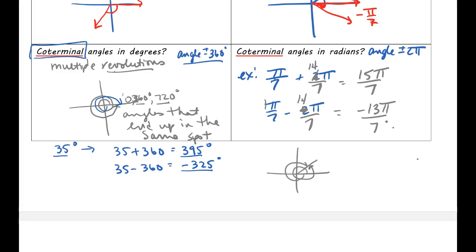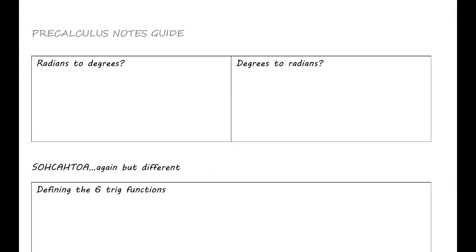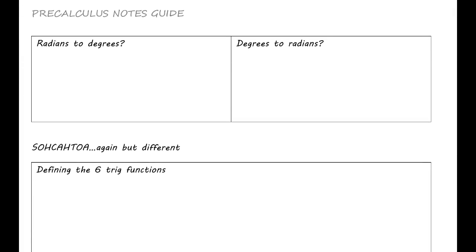And that's coterminal angles. Okay, this is a long video and a lot of information. If you would like to stop and go do like half your homework, that might be smart because it's almost like I'm giving you a week's worth of stuff in one video. When you're ready and you've tried a few and you're ready for more info, come on back and we will do page 2 of this notes guide.